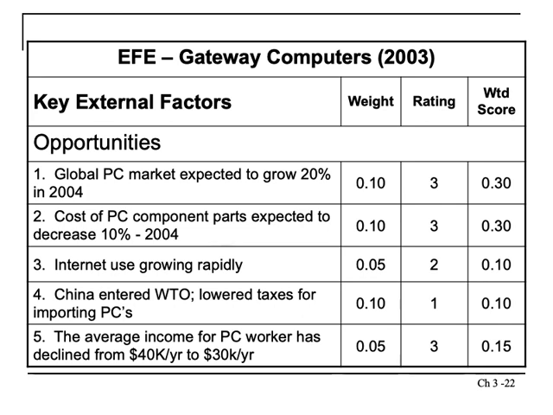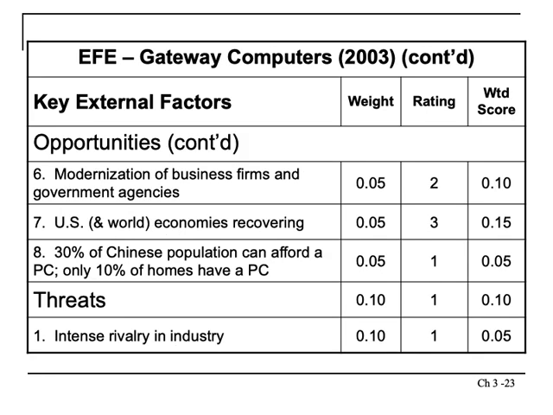You need to determine first, even before you put it in a matrix, how important each of these is. So the way I suggest you do it, when you're working on your cases, this example has 8 opportunities. Just do a ranking from 1 to 8. 1 means this is the most important or will have the greatest impact, 8 being the least. You just rank them from 1 to 8.